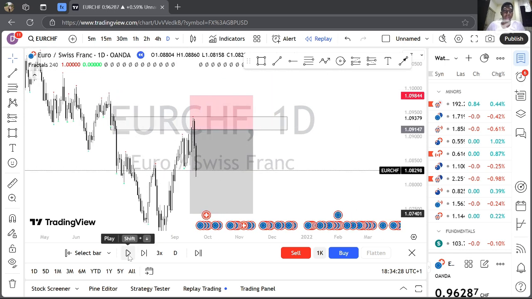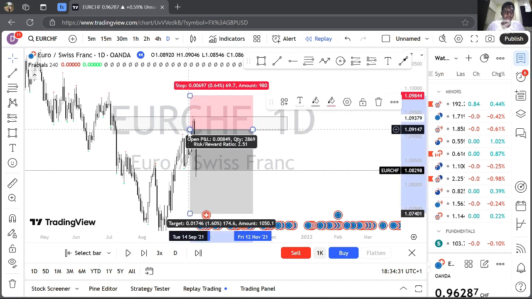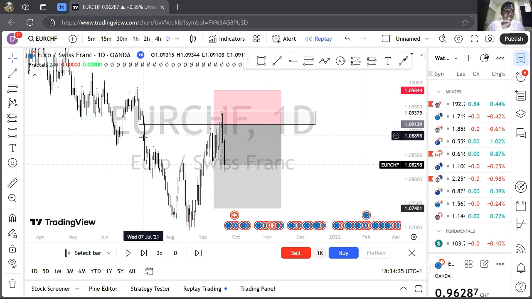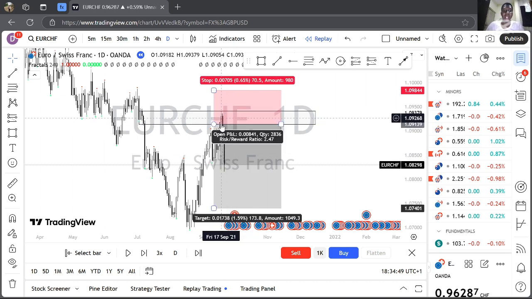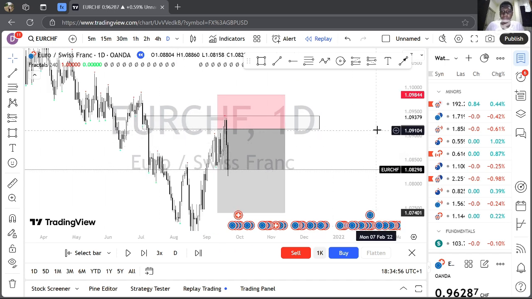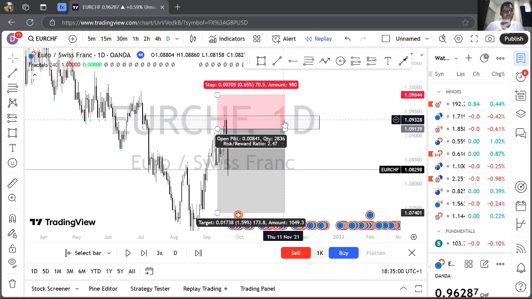Okay, now you can see the price has touched our supply zone. So this inefficiency is necessary because it's pulling the price up to it. Because there are so many unfilled orders here, the market is trying to get up there and fill them at the best possible prices. And another reason why you can see price reacting off it and going into our take profit is because institutions that sold off here saw this level, which is 1.109113,